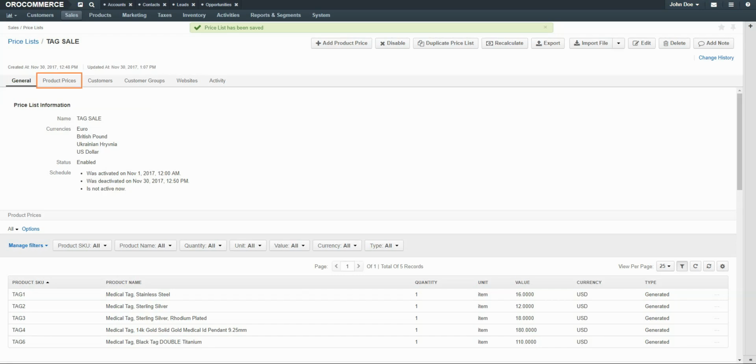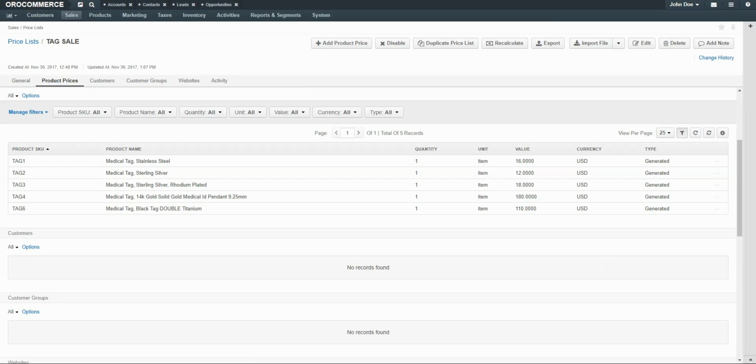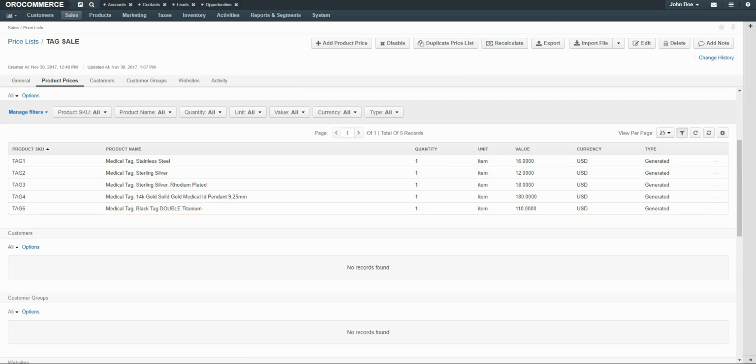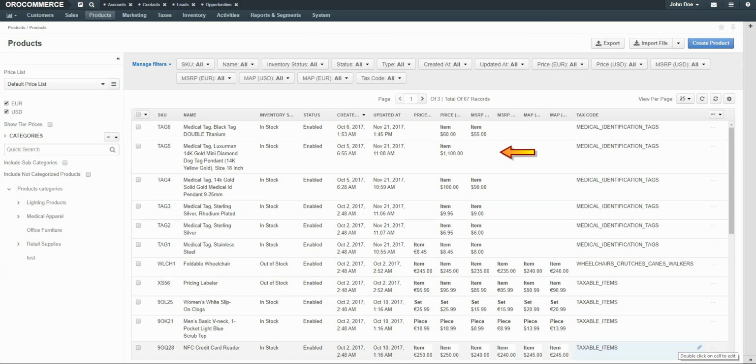And click on Product Prices. As you can see, our prices have now been doubled. Specifically, now the titanium tag is $110 because we doubled the MSRP value. What you may also notice is that one of our tags from our collection has been excluded. This is because that product does not have an MSRP value listed. If there is no base price available for the product to use for price calculation rules, it will be excluded